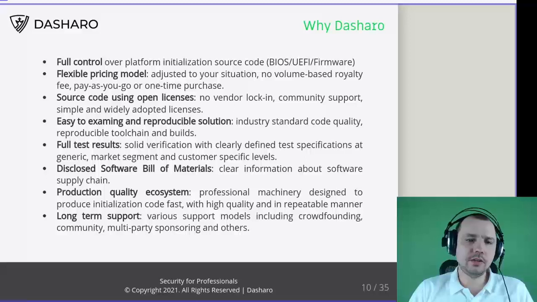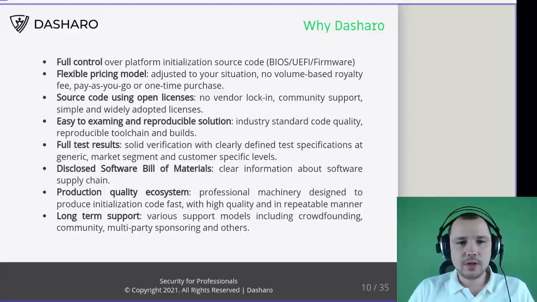We typically use simple and widely adopted licenses like MIT or GPL v2. The code is easy to examine and is always reproducible, which means that we keep the industry standards of code quality.